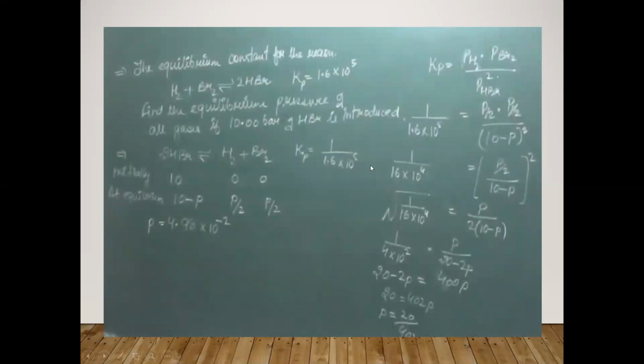So first we will write the reaction. We will balance the reaction. It is already balanced. Now what he's saying, find the equilibrium pressure of all the gases if 10 bar of HBr is introduced. HBr is introduced, it means the reaction is moving in the backward direction. HBr से starting हो रही है, इसका मतलब HBr will decompose into hydrogen and bromine. So we will write the backward reaction for this. And when we are writing the backward reaction, what will happen to Kp? It will become the reciprocal of this, so it will be the Kp.